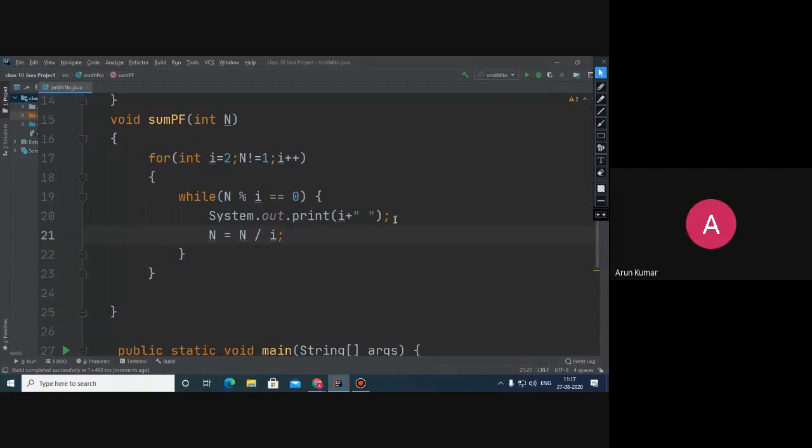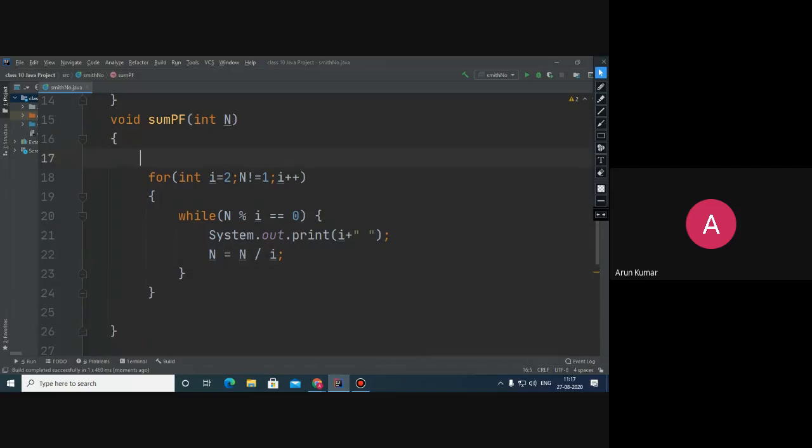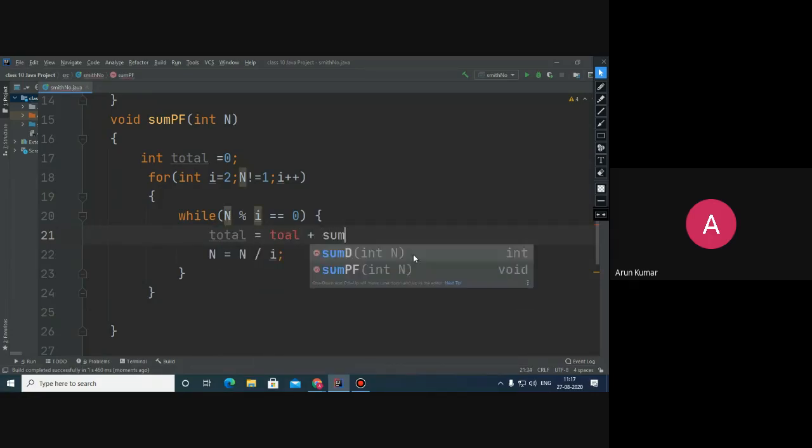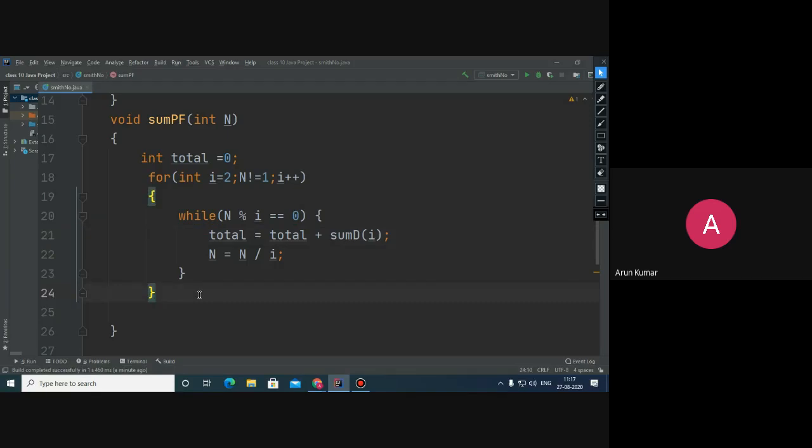No, sir. Okay. And now here what we need to do is just to calculate the sum of the prime factors. And at the same time, we need to check if the prime factor is of double digit. So what to do? Total is equal to total plus sum of d passing I. And finally, this function is going to return total.